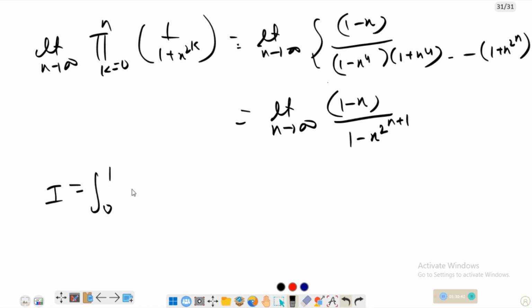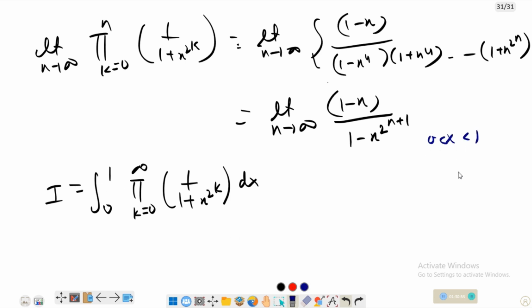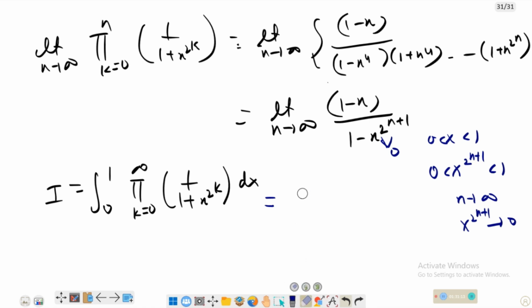0 to 1, product k goes from 0 to infinity, 1 upon 1 plus x to the power 2 to the power k, dx. Okay, here x lies between 0 to 1, so x to the power 2 to the power n plus 1 also lies between 0 to 1. When n goes to infinity, this quantity x to the power 2 to the power n plus 1 goes to 0. Okay, so this quantity is equal to 1 minus x upon 1. So basically 1 minus x. Okay,